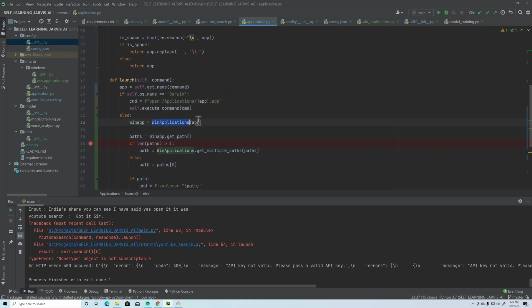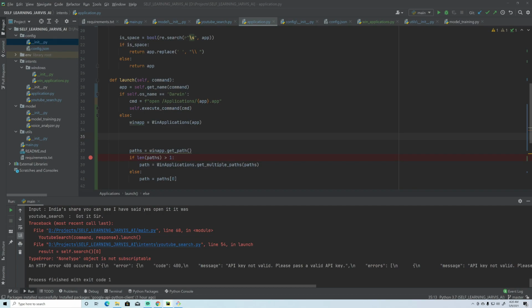Now what we are going to do is, in else, here, first I'm going to create another method in this class so that we can first check whether that particular application already exists in our JSON file or not, right?